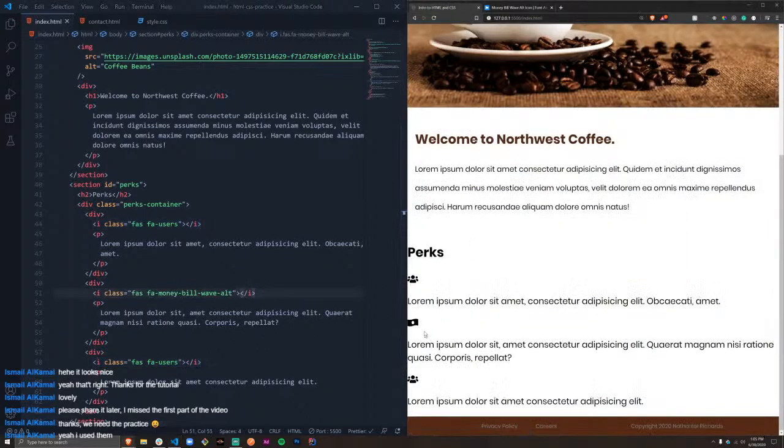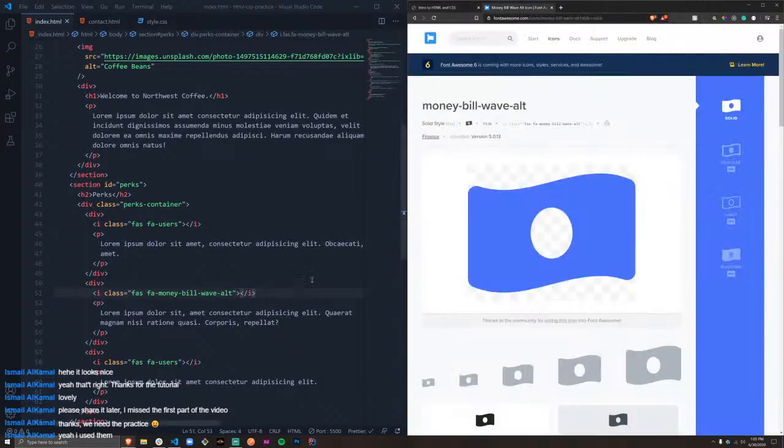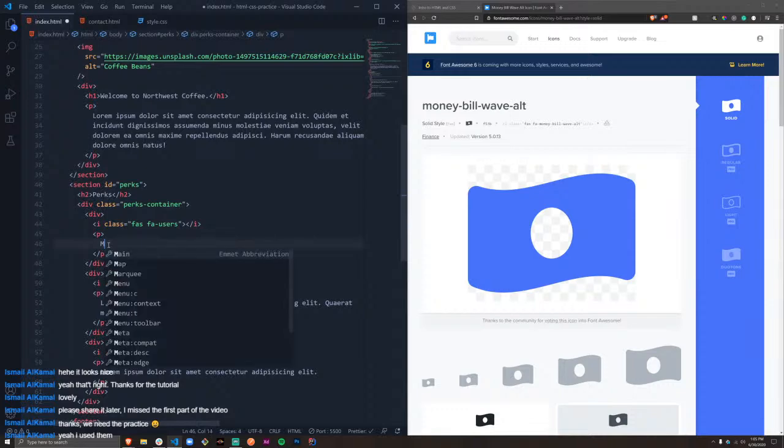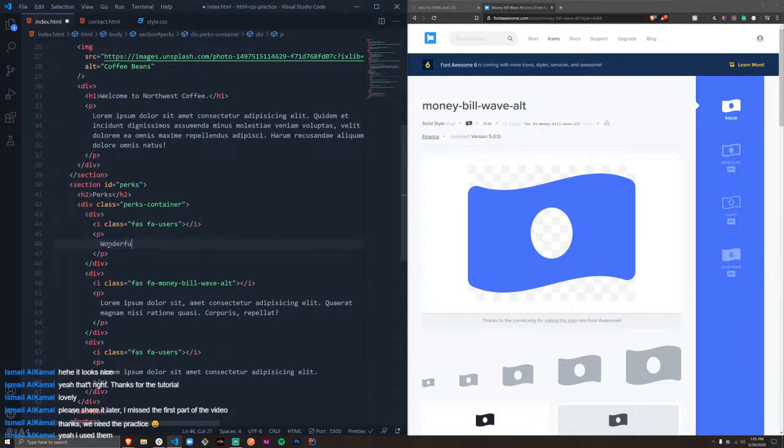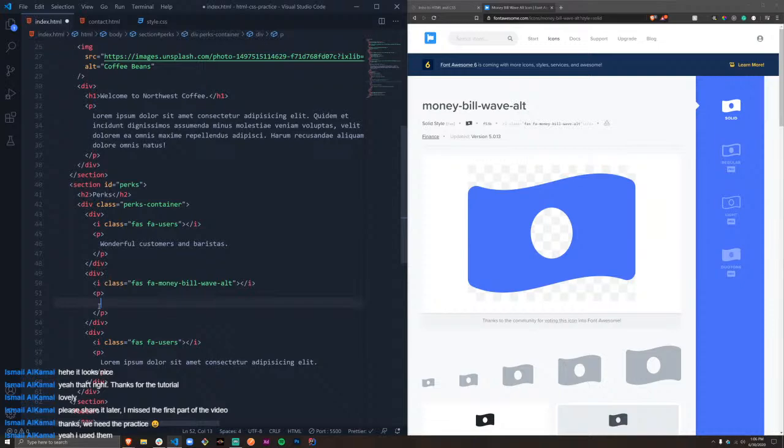That one's kind of saying like low affordable prices. We can actually just type that in. Let's say wonderful customers and wait staff, right? This is a coffee shop, so I'll say baristas. Again, you can just leave it as default text, but just customize it a little bit. Low, affordable prices. And the last one we can do